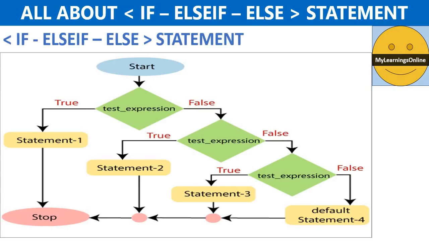So let's start. As we can see in the flowchart, we can use the if statement to run code blocks if a specified conditional test or expression evaluates to true. We can also specify one or more additional conditional tests to run if all the prior tests evaluate to false. Finally, you can specify an additional code block that is run if no other prior conditional test evaluates to true.